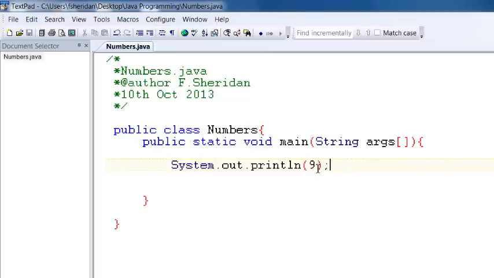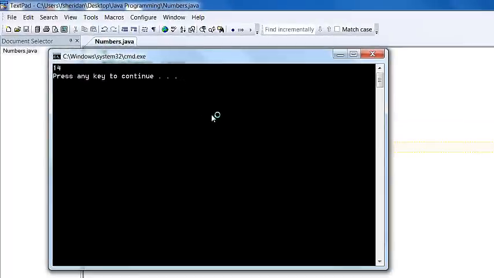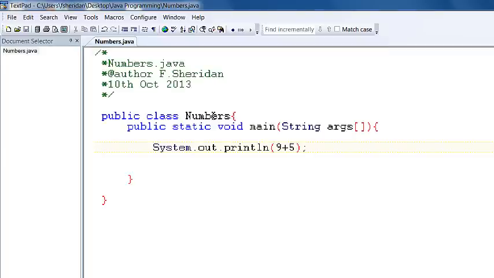If I go a step further and into my print statement, I add +5. We would think now that what's going to print to the screen is 9 plus 5. But in fact, when we compile this, Tools, External Tools, Compile, and we run it, Tools, External Tools, Run Java Application, we get the number 14. Because by not putting quotation marks around the text, Java assumes it is a numeric value. We've used an arithmetic operator between the two. We've used the plus sign, so it knows it can add these two values